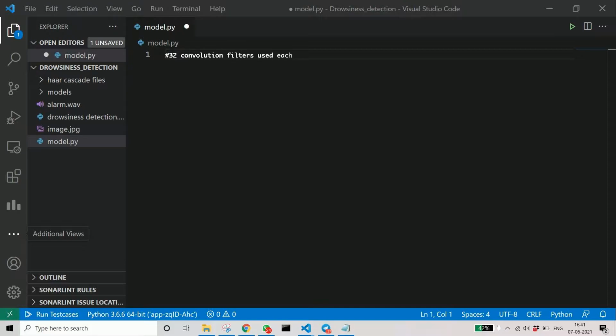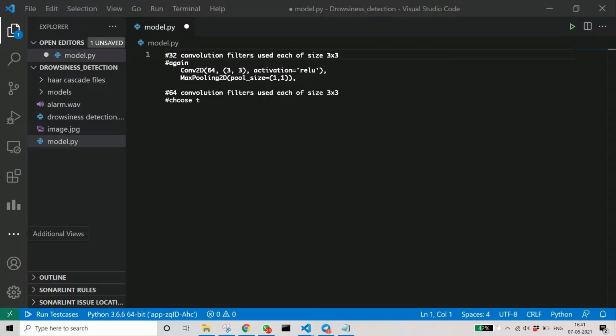Let's see how it's done. Here we increase the number of channels from 32 to 64, so that the number of features we get from the images increases. Again we max pool. That's the standard procedure we use. We can even add dropout if needed to reduce overfitting. Finally, we flatten this convolutional layer. We should add comments so that our project is readable to others who visit it.